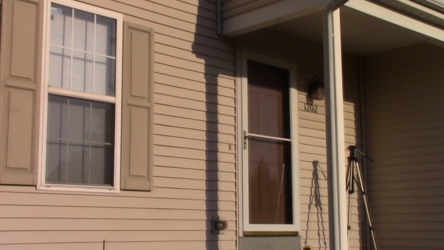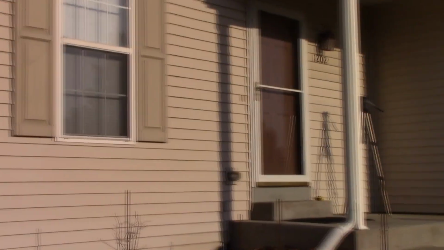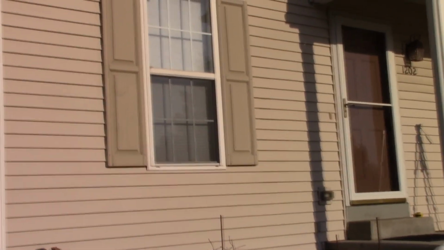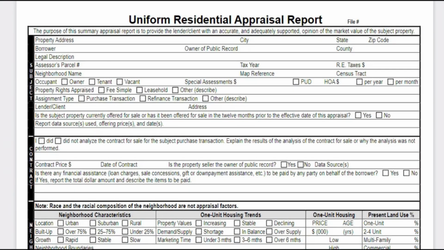So now, let me go ahead and show you how these things show up on the... This is the form that I showed you before. This is the Uniform Residential Appraisal Report, and this is what an appraiser has to fill out when appraising a property. And what I forgot to tell you when we were outside is that the appraiser has to take photos, outside photos and also inside photos of the property,